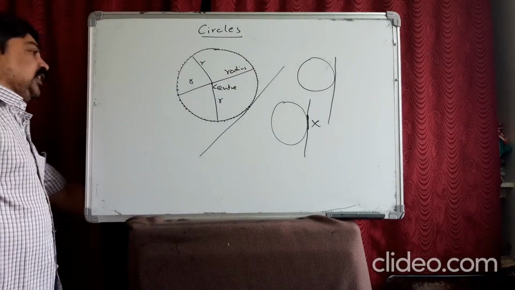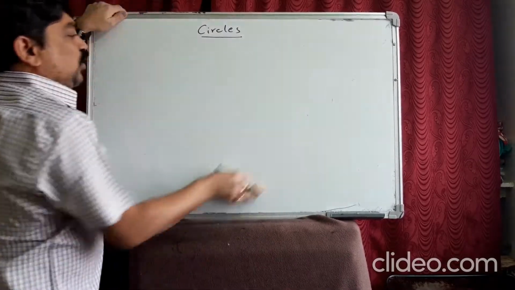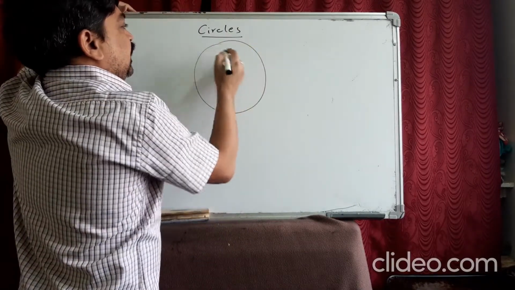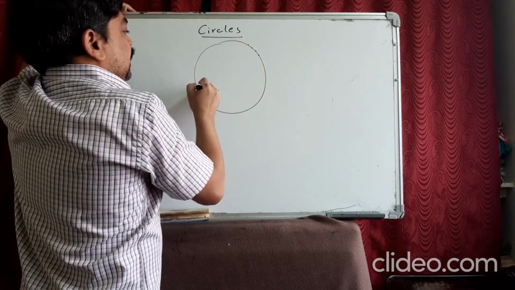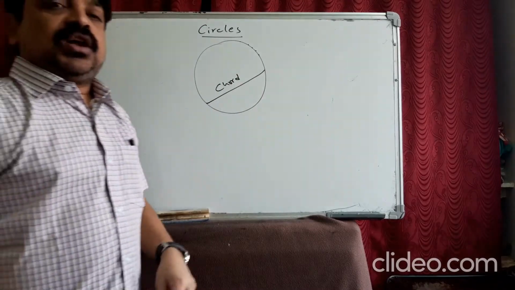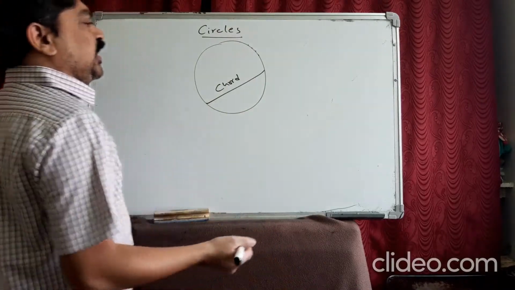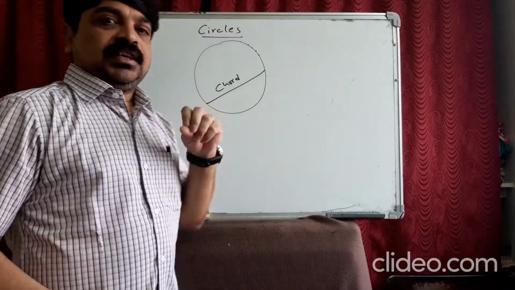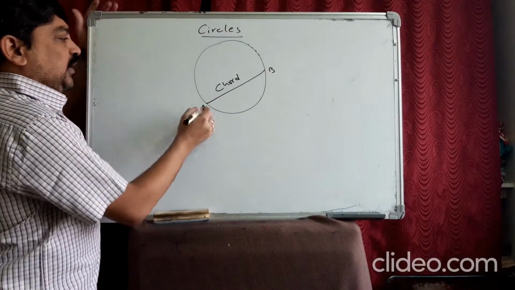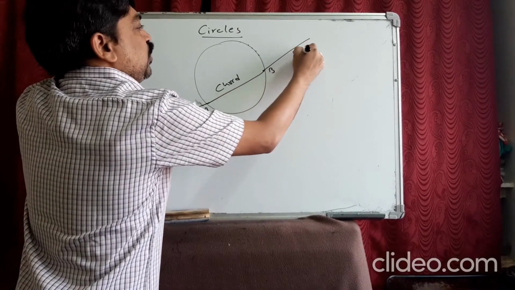Before going to the tangent, I tell you this is a tangent. What is a chord and what is a secant of a line? And from that, I'll bring out the tangent. If there is a circle, I told you there are different points on a circle. So, a chord of a circle means the line joining any two points of a circle. It may be here, or here, or here, anywhere. And this is the line segment. If it stops here, this is called a chord. And if the line extends, it is called a secant line.